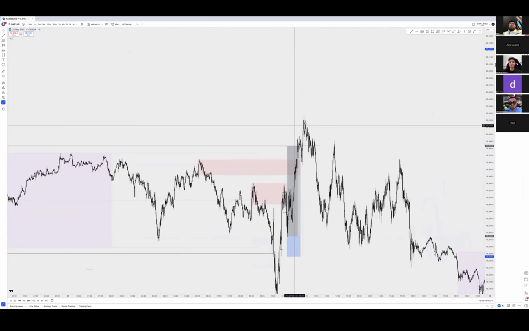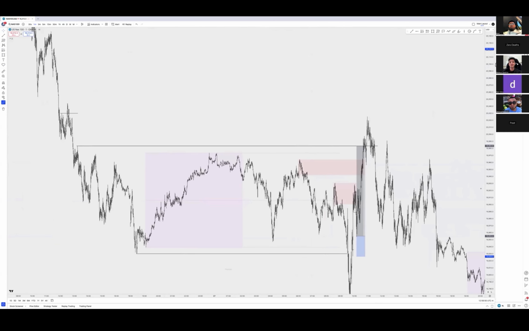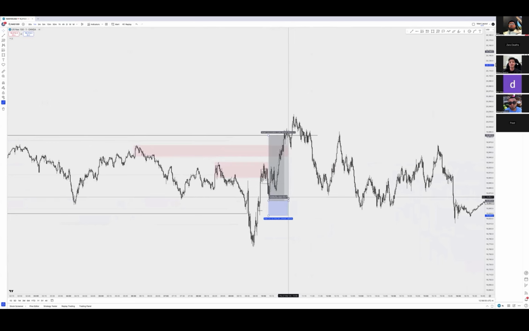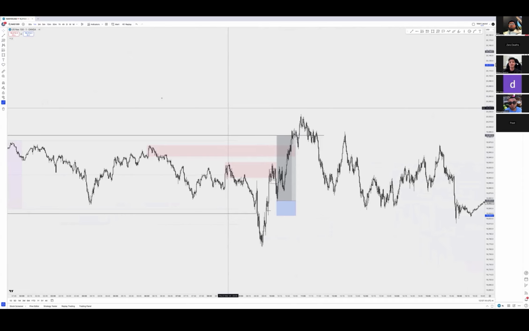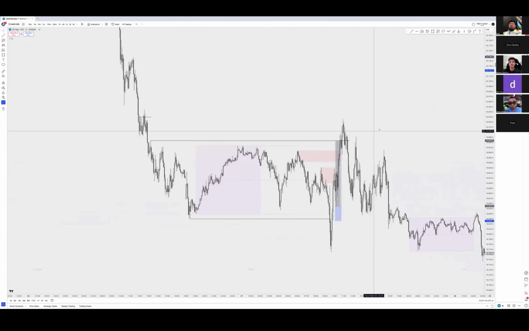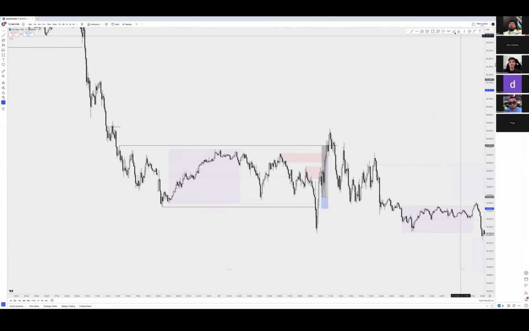Right. So I was looking for shorts initially. And I really wanted shorts. But then the market gave me this. I took the longs, caught a 1 to 4, and then I just called it a day. Yeah, I hopped off by then. Caught a nice move. And I was like, okay, I'm chilling. And then I hopped off. And obviously the short played out, but essentially this was the short I wanted to take the entire time. But yeah, no, the short was super valid because look at it this way, right?